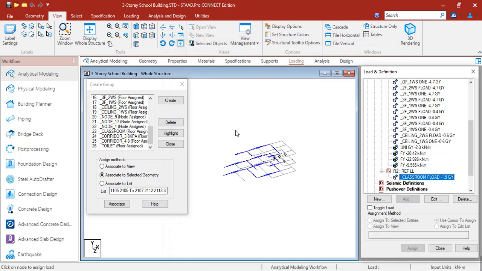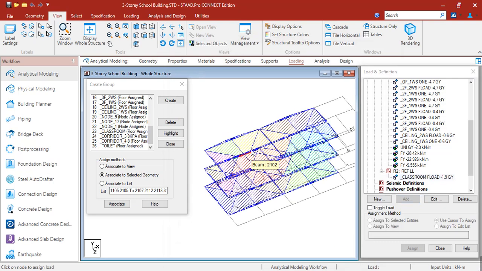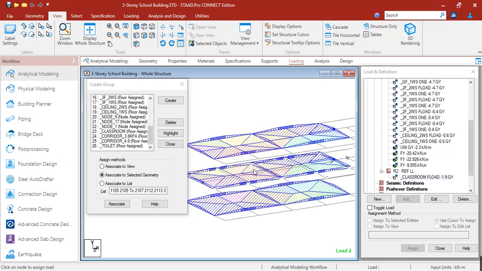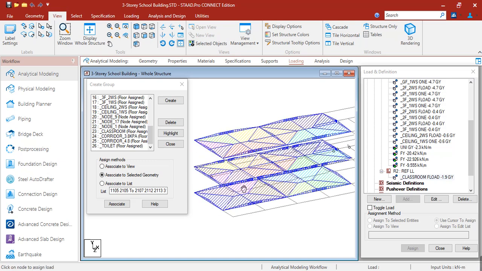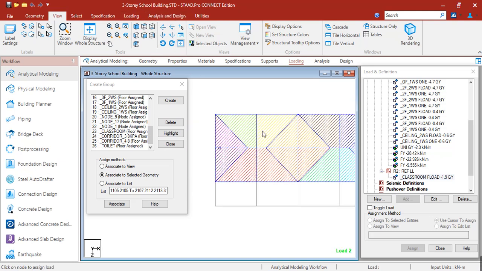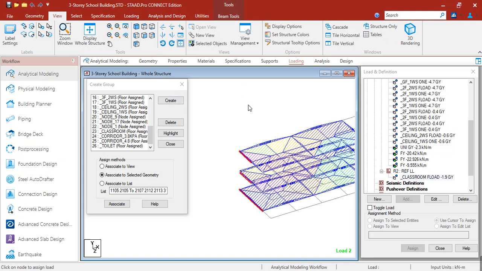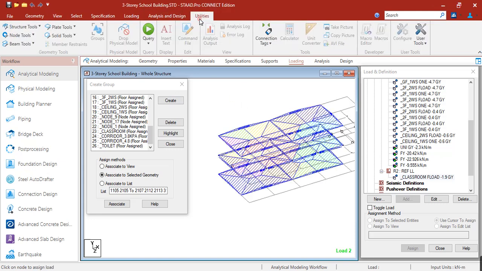As we can see, it is now loaded in our classroom. Let's check if it's really two-way. To check the dimension, click on utilities, then node to node distance. So 7 and 9.